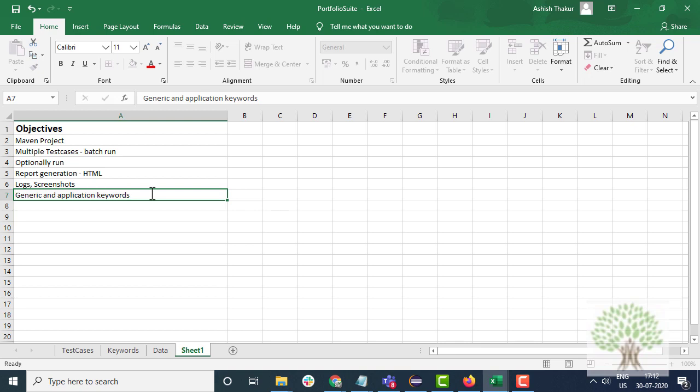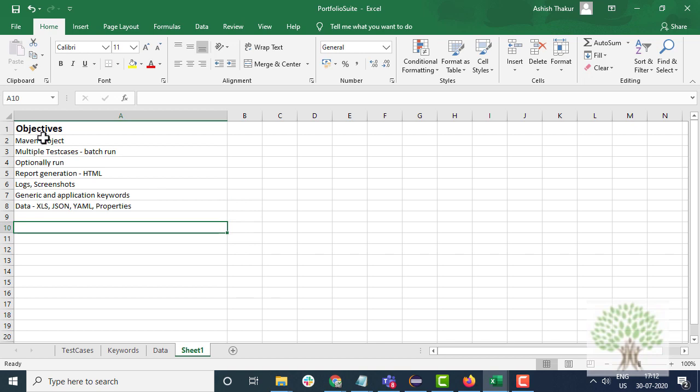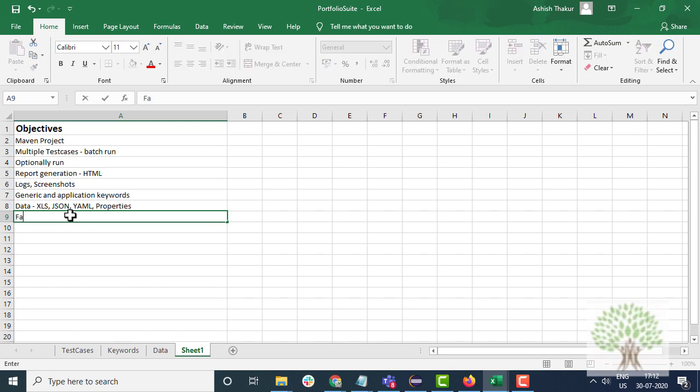Then your data, you should not hard code your data in the test cases. You should be reading your data from maybe an Excel file, maybe a JSON file, or YML or properties file. Wherever you want to, you should be able to read the data from these sources. Fine. Now, when you run the test cases, some of the test cases might fail. The client might tell you that you have to run the failed test cases. So these are all the things you have to cater to while making the hybrid framework.